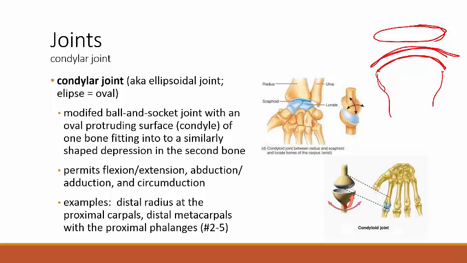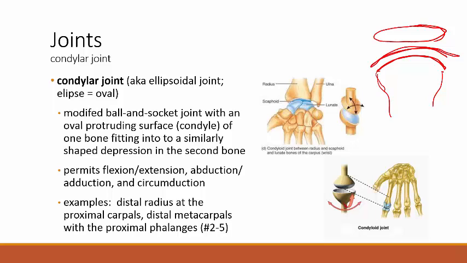One way to demonstrate condylar movement is to hold your hand face up. So you've got the back of your hand, the posterior surface of the hand, laid down against the desktop, and raise one of your fingers. That is a condylar joint that you're moving, especially if you hold stiff the second and third joints in the finger. So where the first phalanx articulates against the metacarpal is a condylar joint. And it lets you do that teacher finger wag, like, no, don't you do that. That is a prime example of a condylar joint's